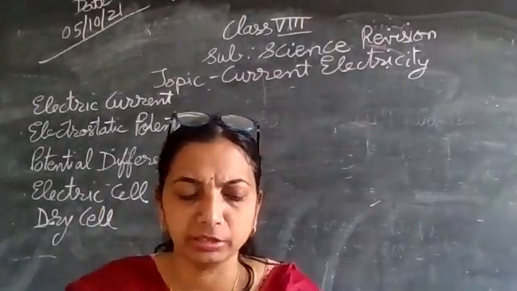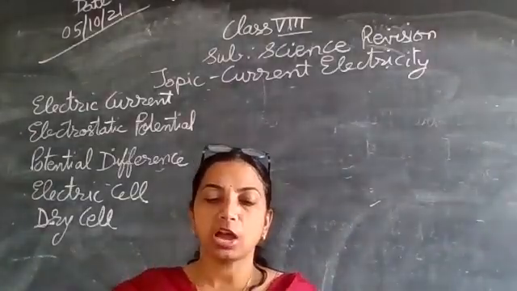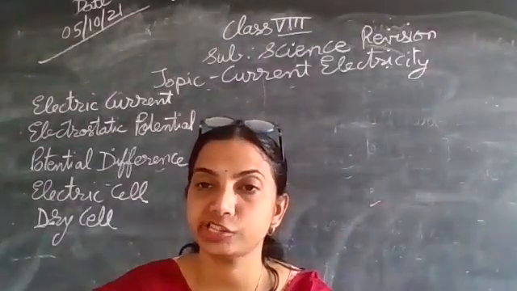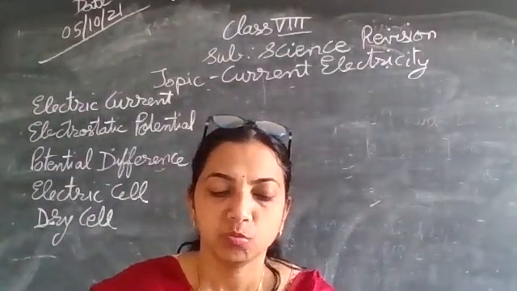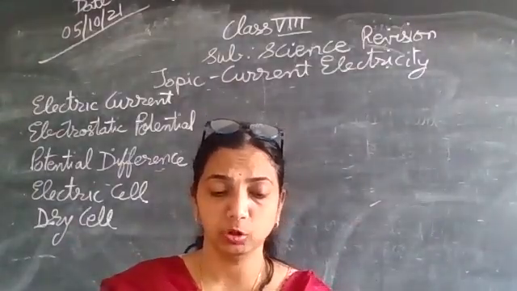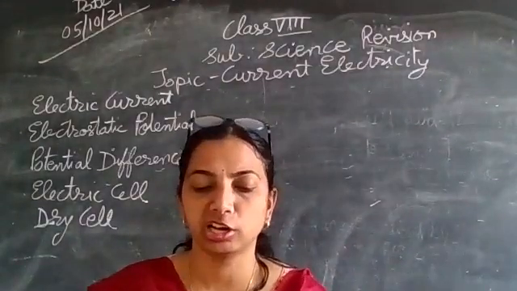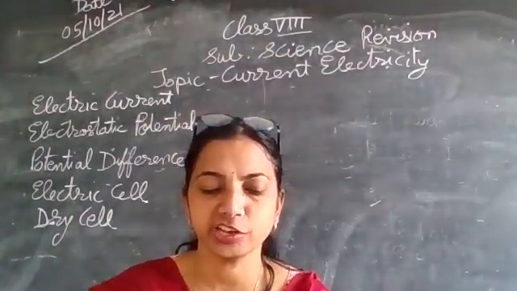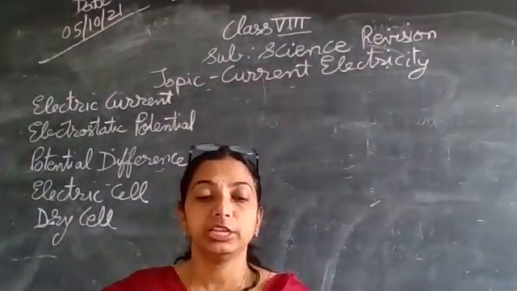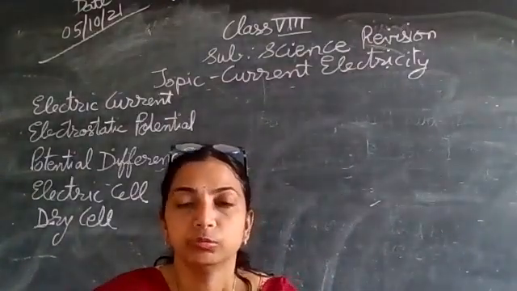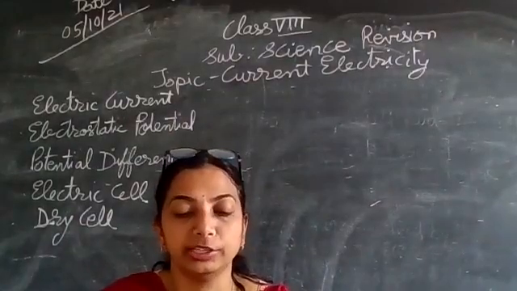Then what will happen if a glass rod is rubbed with a silk cloth? Or how do objects get charged? What are static and moving charges? Moving negatively charged particles are the electrons, and the stationary positively charged particle present in the nucleus is the proton. These are moving around and they are balancing each other, equal in number.